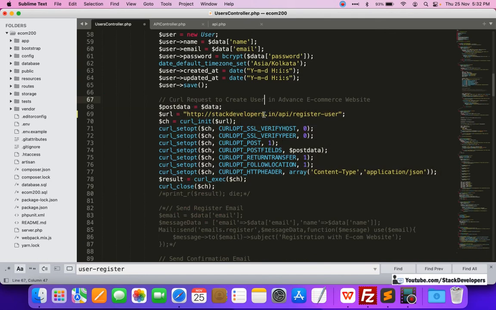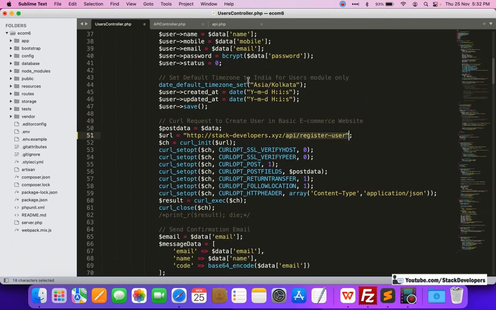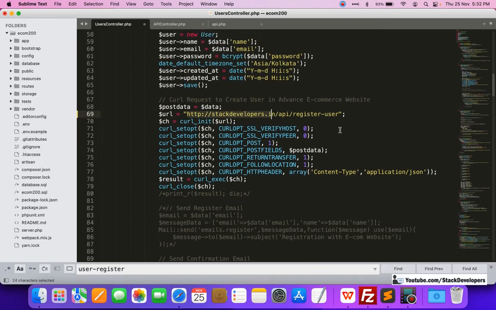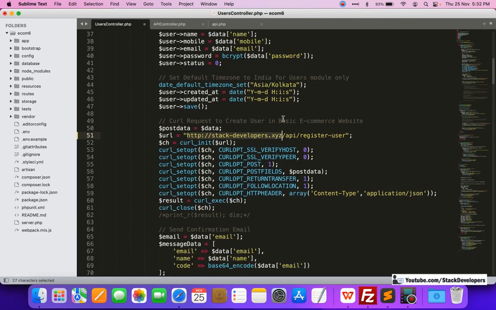From the basic e-commerce website we are calling the advanced e-commerce website code, and from the advanced e-commerce website we are calling the basic e-commerce website code. So this is the thing that we have done. We have made it live, online, and with this chain we are able to do this online.